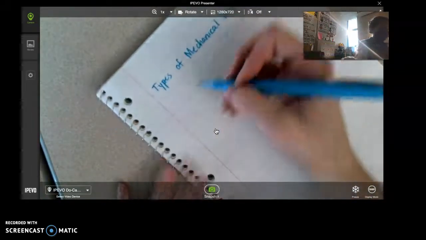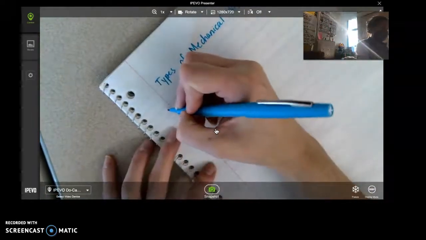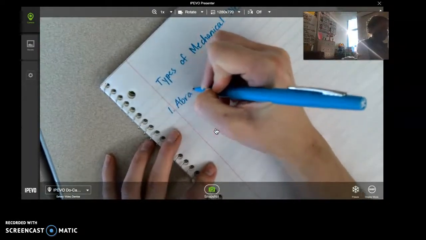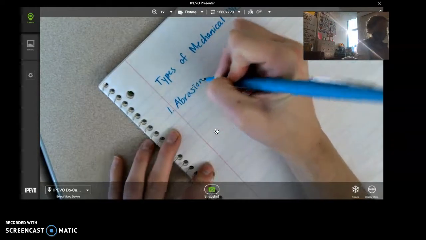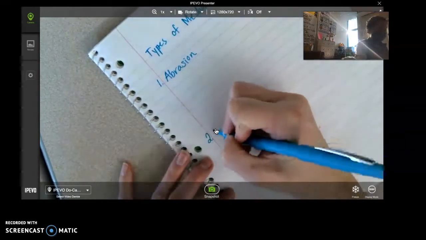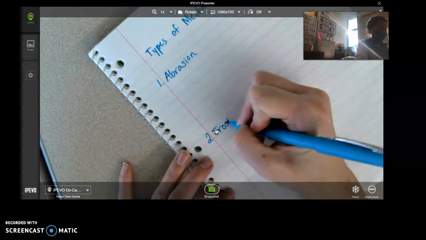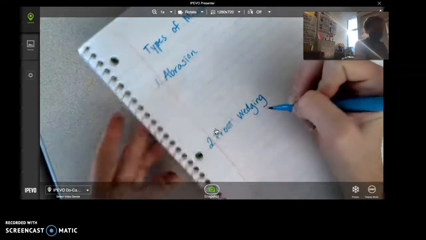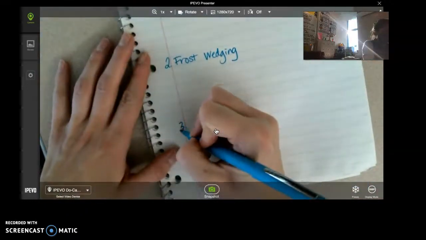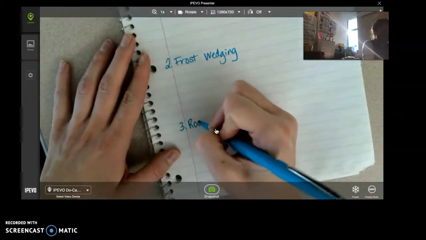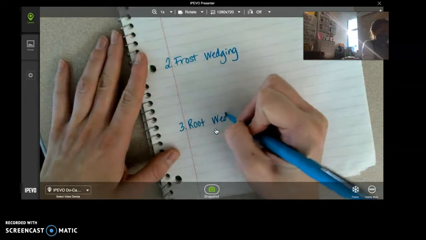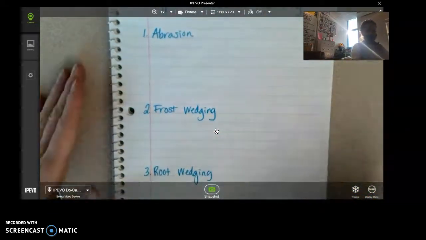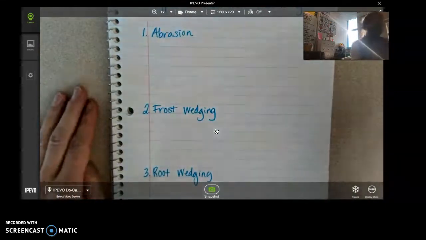Okay, so there are three types that we're going to focus on. Abrasion, frost wedging, and root wedging. Okay, so you can write those three down too. Abrasion would be